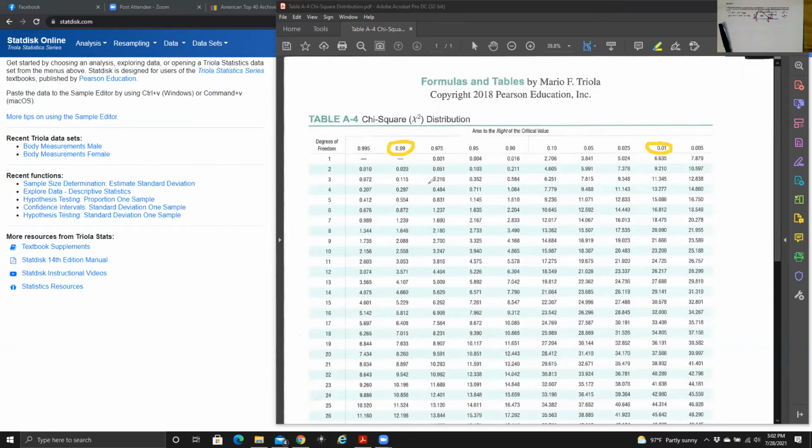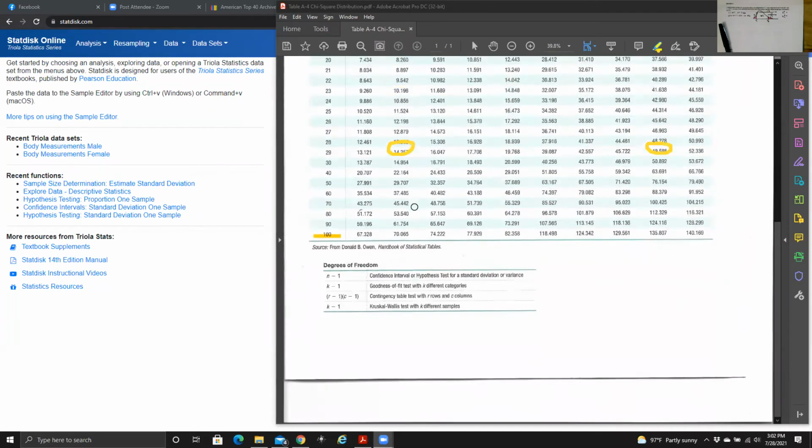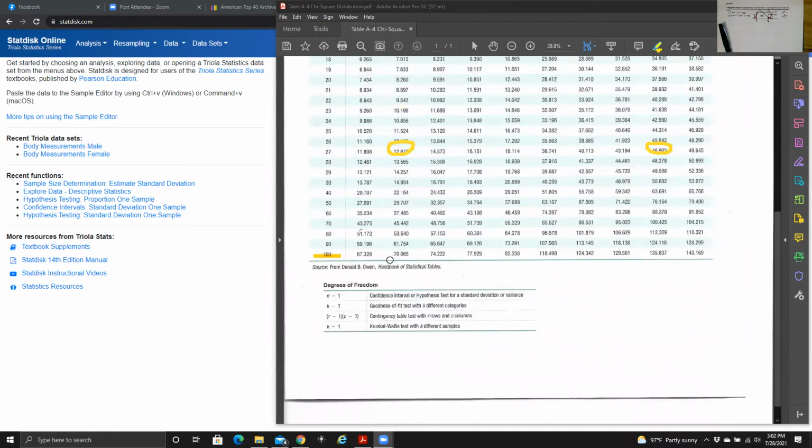All right, if I go down to 0.99, all the way down to 100, this will be my